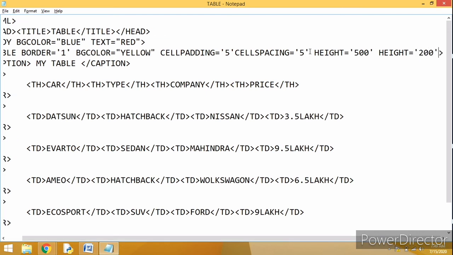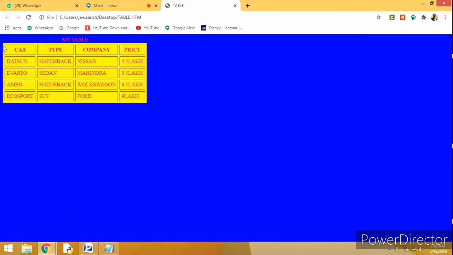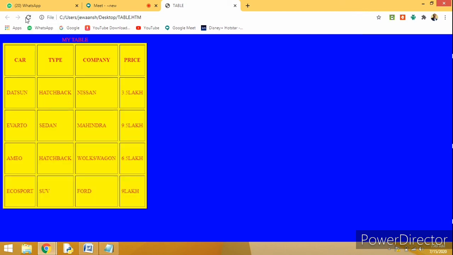Let us see what you are having over here. So if we use this, what are you getting, the height and width of the table has been increased or not? Did you see the size of the table now? Yes, sir. The height has also increased, the width has also increased, isn't it?